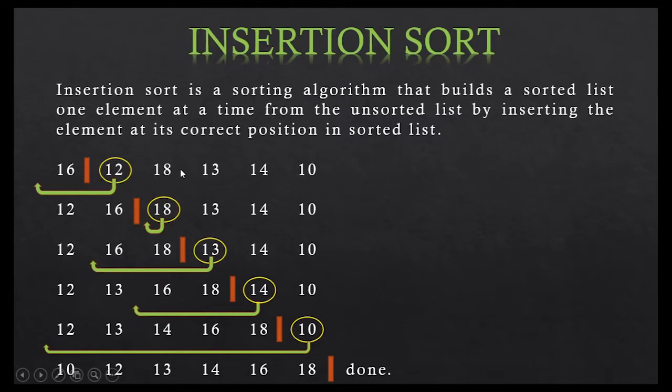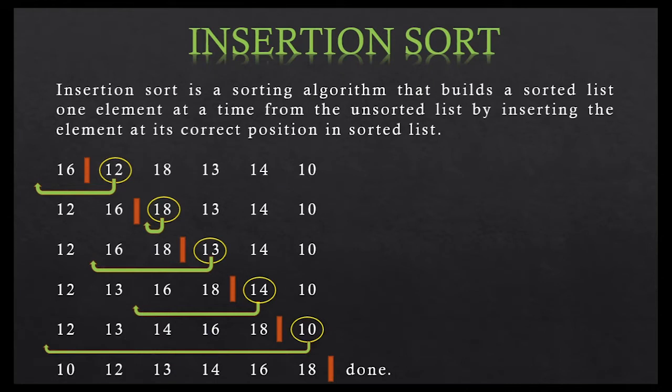Here you can see I have shown the elements of the list in two parts. This is my marker. The left hand side elements of this marker are sorted elements and the right hand side elements of this marker are unsorted elements. For insertion sort, we just pick one element from the unsorted array and insert it into the sorted array in a proper order. Next time you can see there are two elements in the sorted array and the rest of the elements are unsorted. So we just pick one element from the unsorted array and place it into the sorted array in the proper position. That is insertion sort.